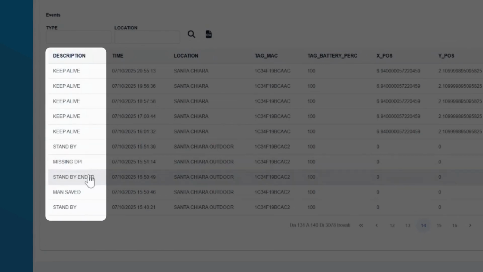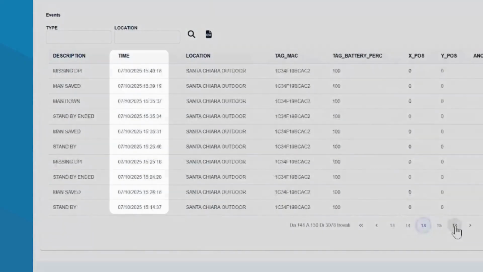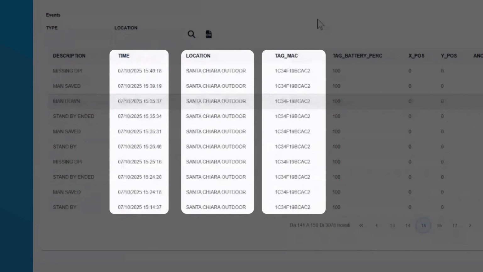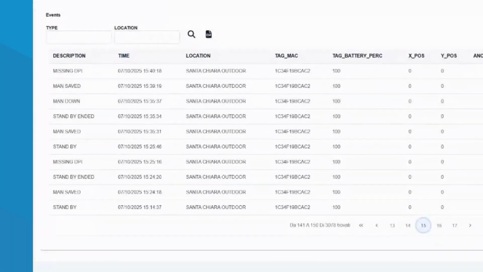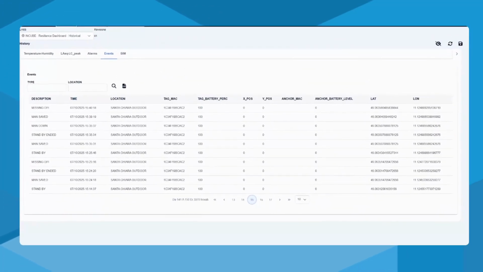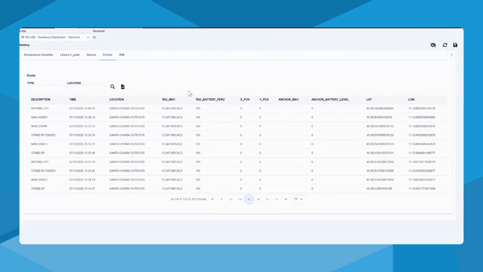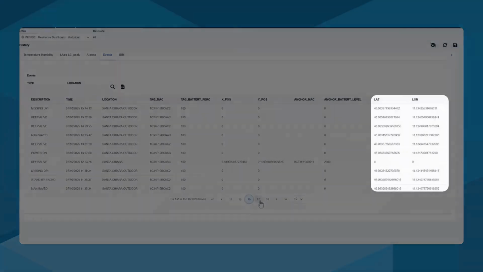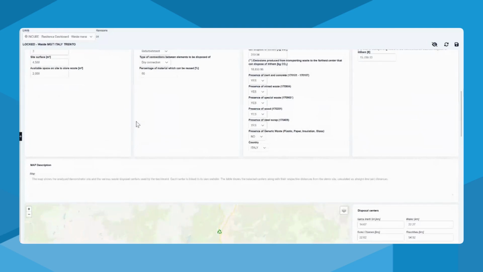You can see many of these events, along with the time, the location, and the tag number. No name is shown, just the tag, for privacy. You can also see the battery level and the coordinates, so you know exactly where the worker was at that time. Now, let's take a look at the